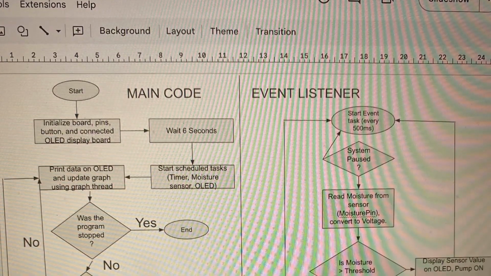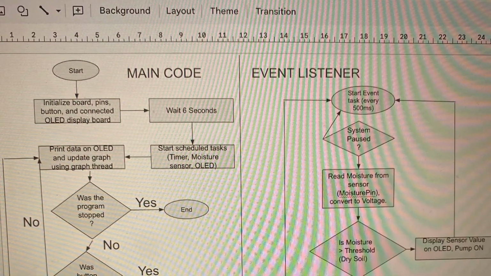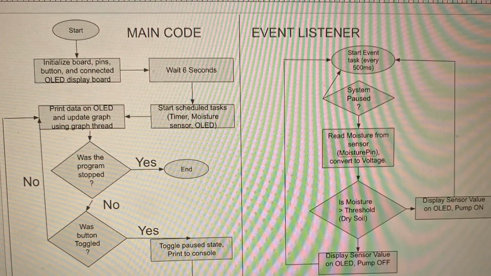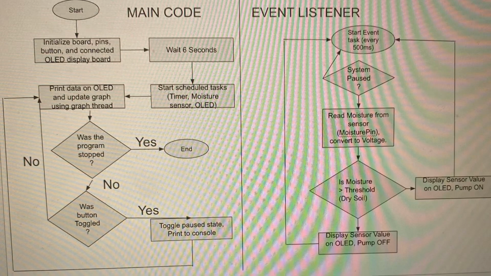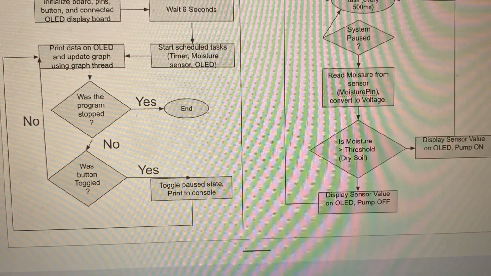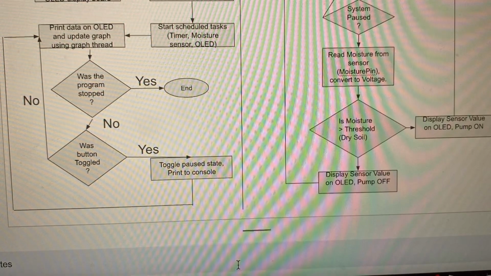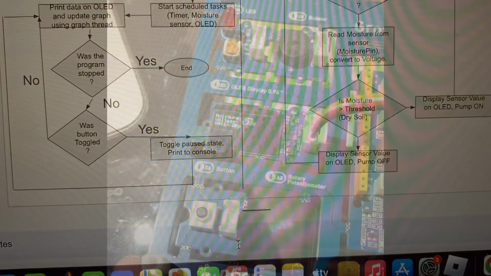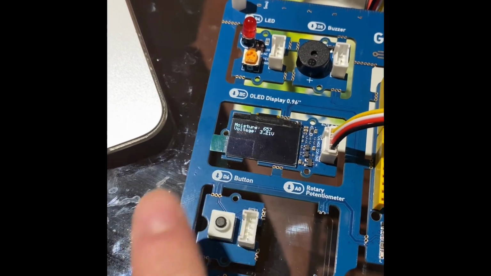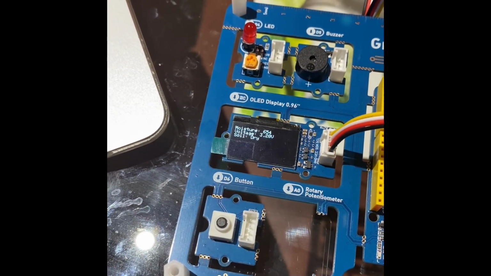For CLO4, I built an event-driven system using a scheduled task that runs every 500 milliseconds. This task reads the sensor's values, converts the values to voltage, and uses an if statement and a threshold to decide whether to turn the pump on or off. This system also ensures that manual user input is not needed and can run automatically with a provided water source. I also use a pause/resume button on pin D6 that stops the system until toggled again for manual control when